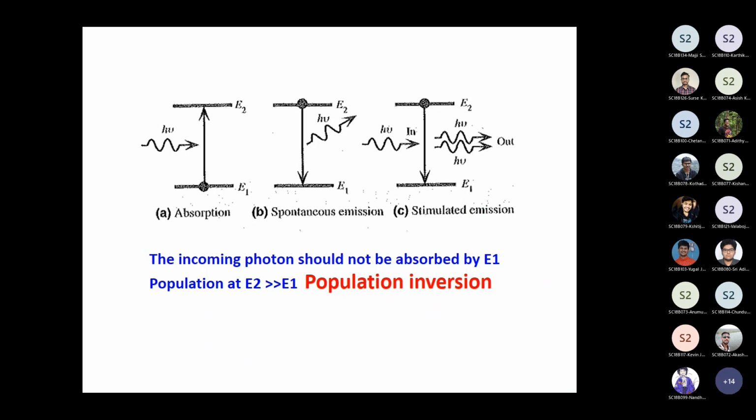So you know what absorption is. If you have two energy levels, and you have an incoming photon whose energy is exactly the difference between E2 and E1, this photon will take an electron from this level and put that electron into this level. It will take from E1 and put it into E2. Now, once the electron sits at E2, you call this electron an excited electron, and the electron over there is the ground state electron.